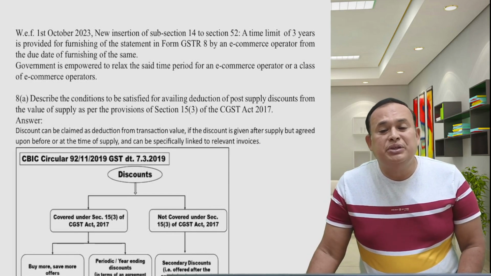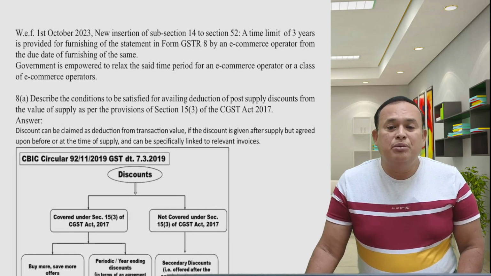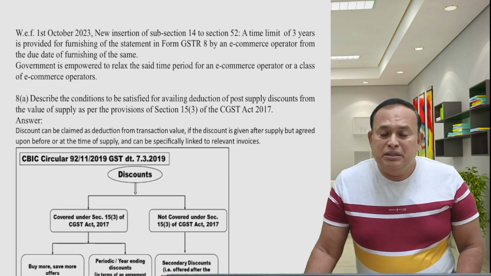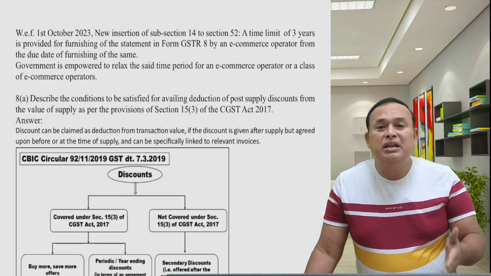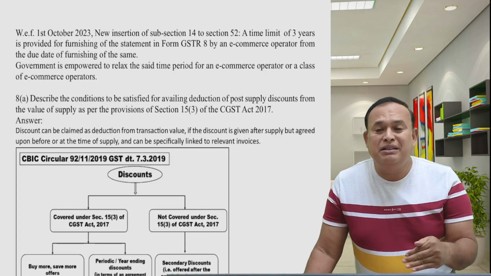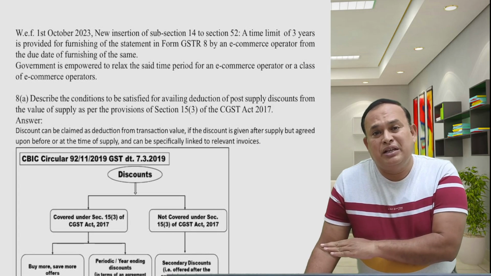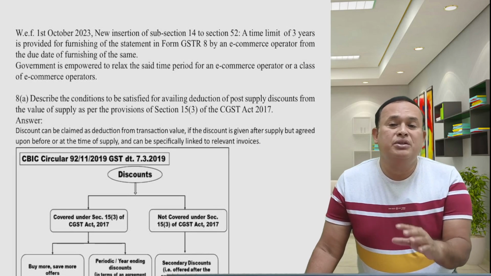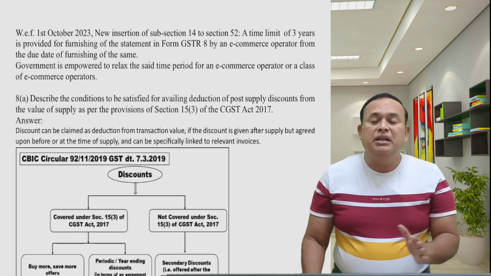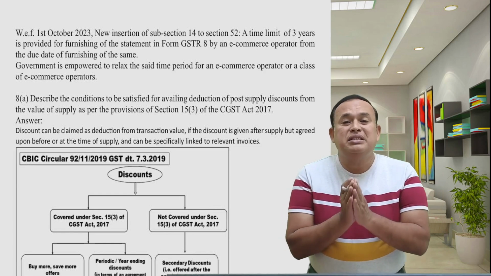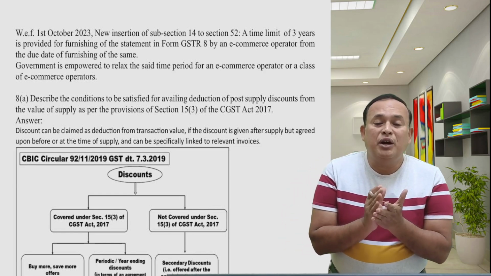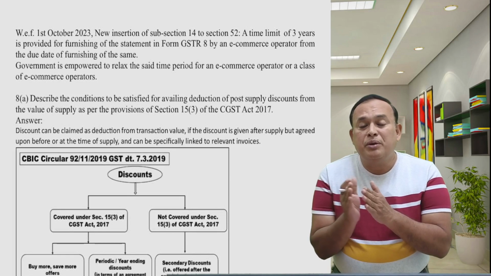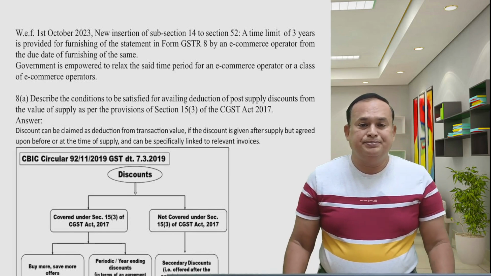Government is empowered to relax the particular 3 years time period furthermore if it is warranted, at the request of the e-commerce operator. If the government feels comfortable, okay, GSTR 8 you're not able to submit by 10th of the following month, you can submit at any time subsequently, even beyond 3 years also. Government may permit upon the recommendation of the GST Council. So generally, the e-commerce operator is liable to pay the TCS by 10th of the following month by filing the GSTR 8. That can be filed over a period of 3 years also from the due date of filing the GSTR 8.